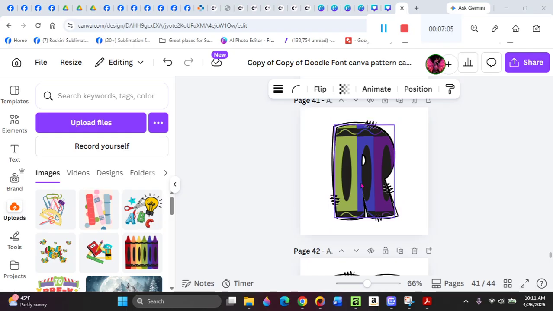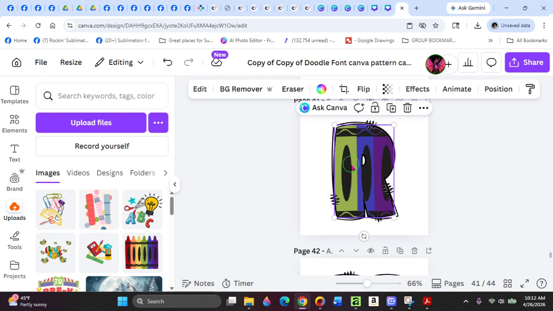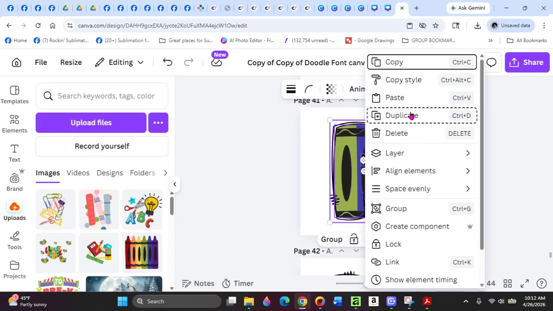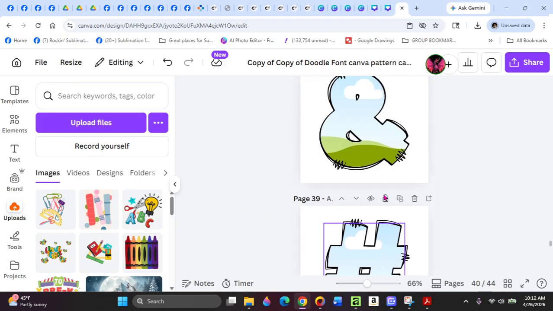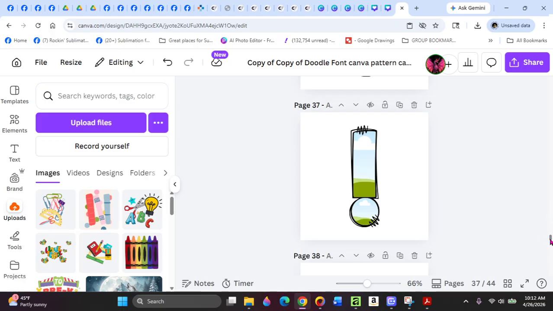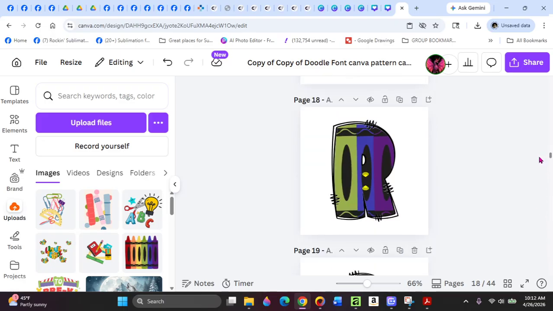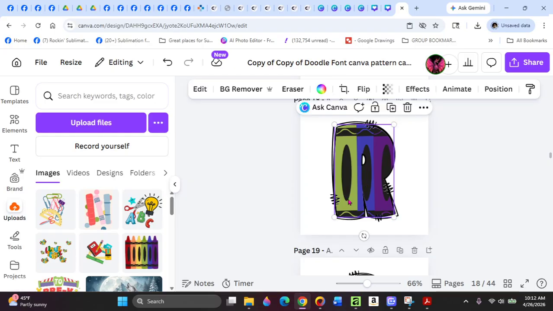Okay, I have them all done, but when I got to this one, I realized I'm not really loving that. So I'm going to undo this. I'm actually just going to go do another R. So I'm going to get rid of this image and delete, and I'm going to go back to the R, and I'm going to redo it because once I saw it, which is right here,